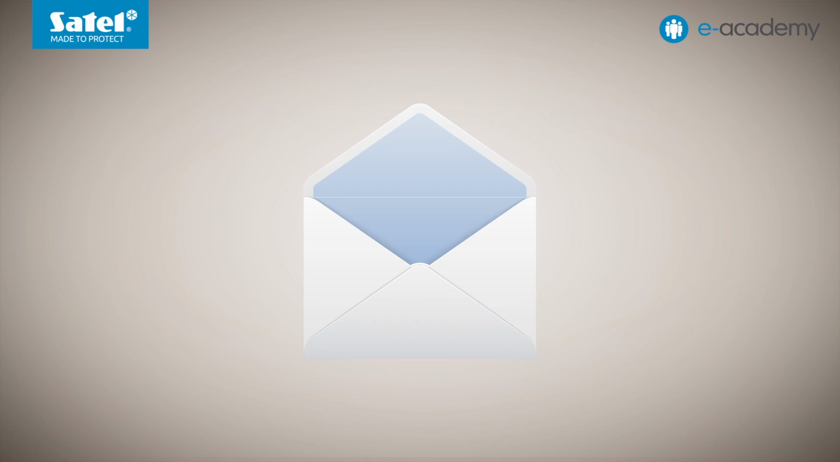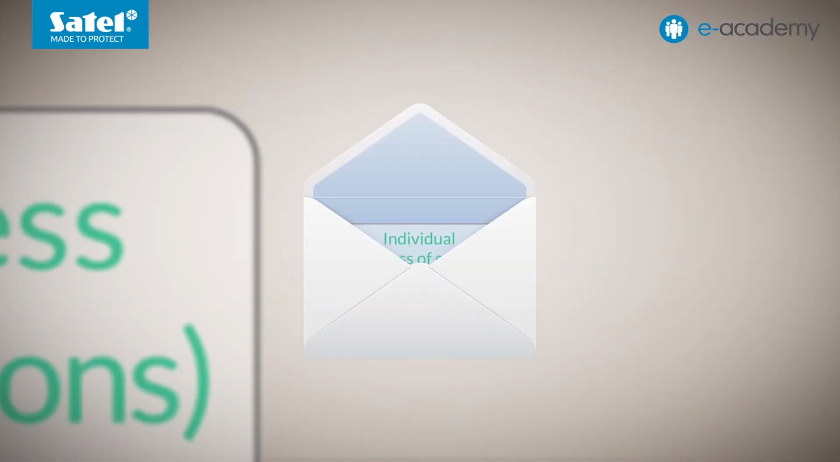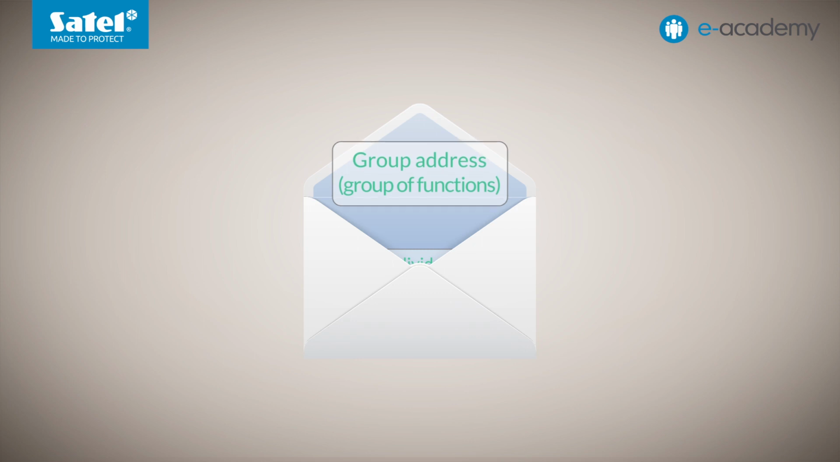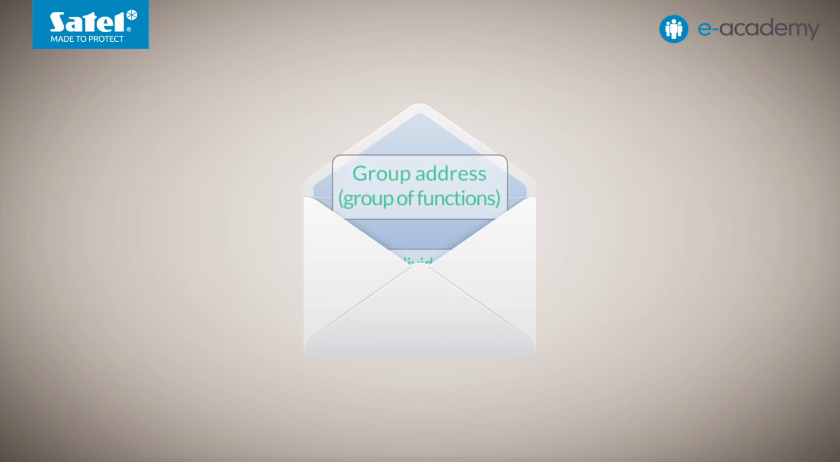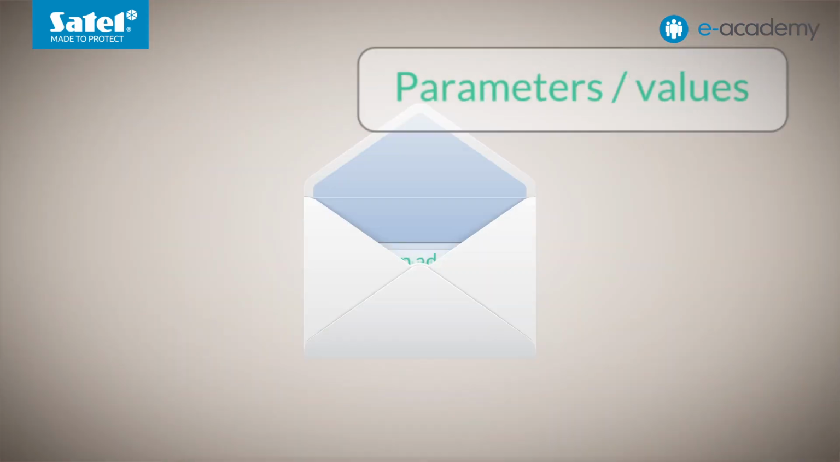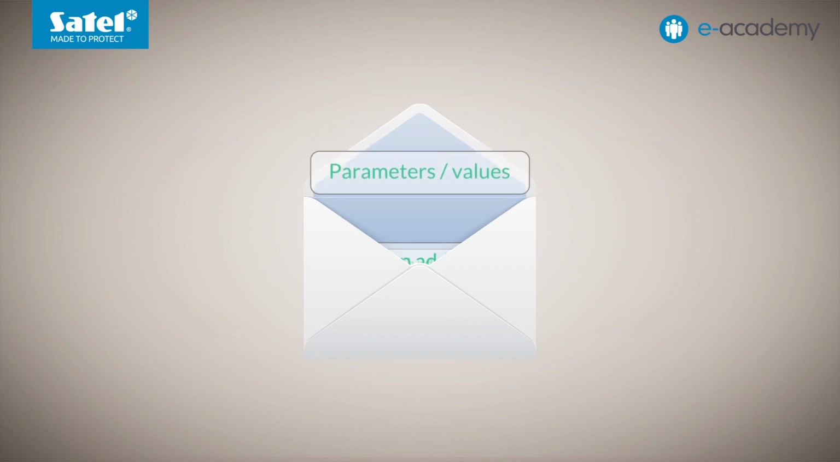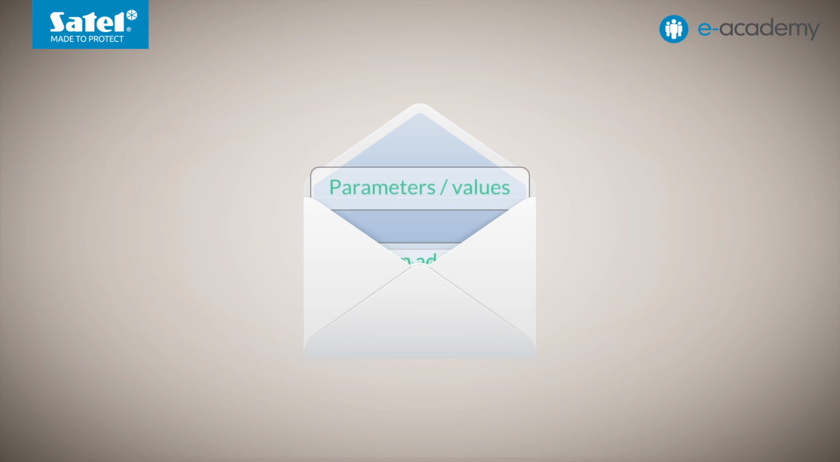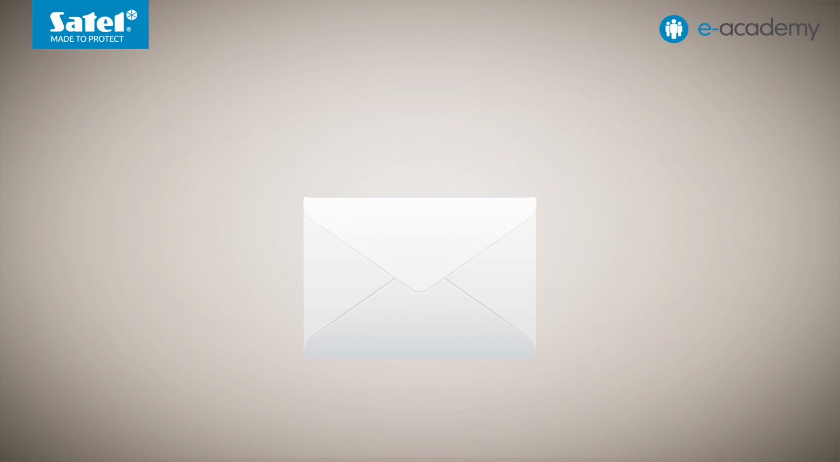Among other things, they contain data on the individual address of the device that sent the telegram, the group address, that is, the information on which group of functions of the selected devices is the recipient, as well as the type and value of the group objects, that is, with which value the mentioned functions are to be activated. For example, 1, object active, 0,